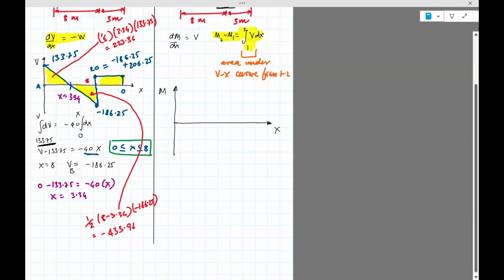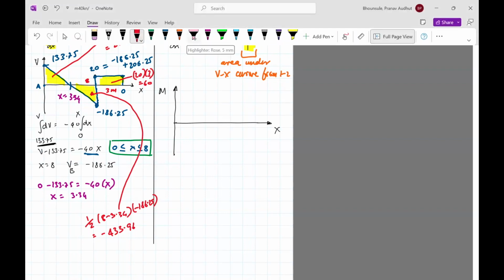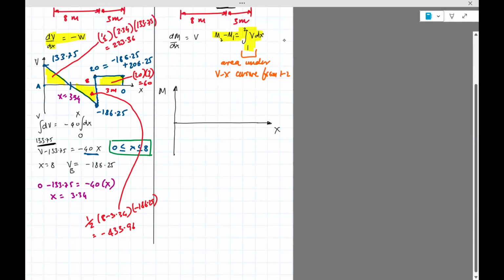Okay, and then finally we need to compute the area of this rectangle. That's going to be, this is 3 meters long and 20 meters high. So 20 times 3, which is 60. So that's plus 60. Okay, so now let's put that area under the curve to use